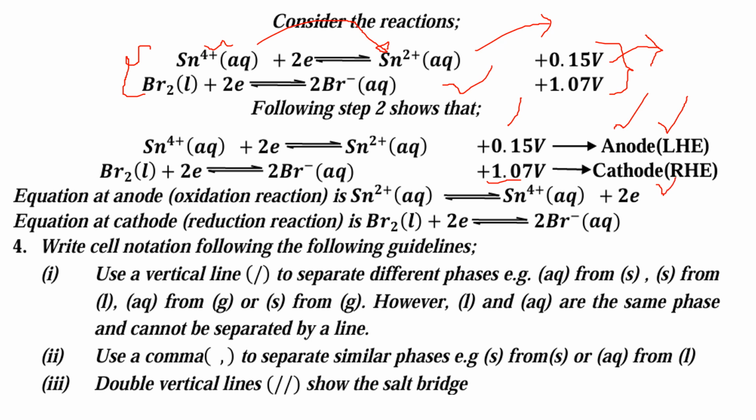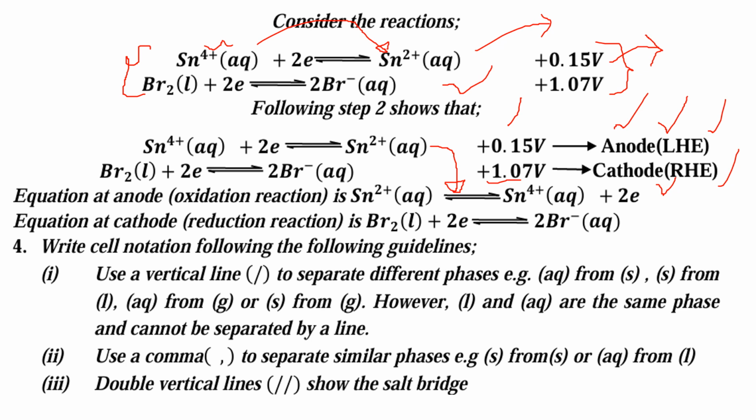So after identifying your anode and your cathode, you have to write the equations that are taking place at each of them, and you write them appropriately. At the anode, we want an oxidation equation. That's why we are going to reverse this equation to give us an oxidation reaction equation, simply because at the anode, oxidation takes place. But quote me right here, if you are doing calculations, we need reduction equations. But if you are told to write an equation at any particular electrode, you must write it in respect to what that electrode does. So at the anode, we have